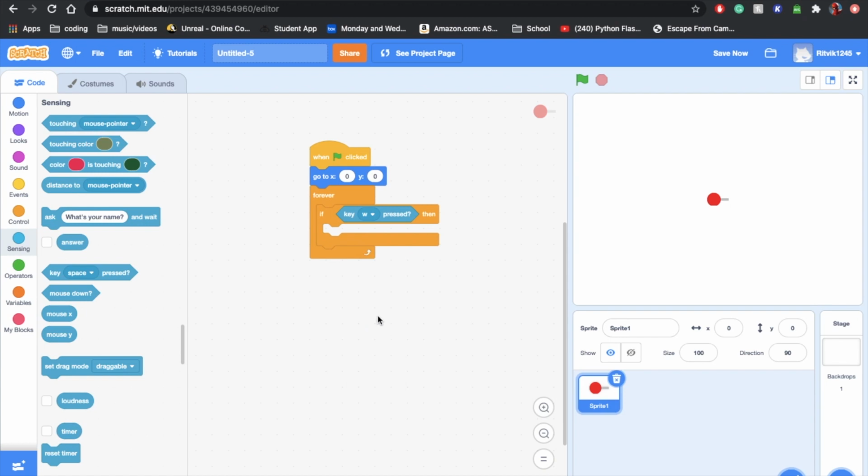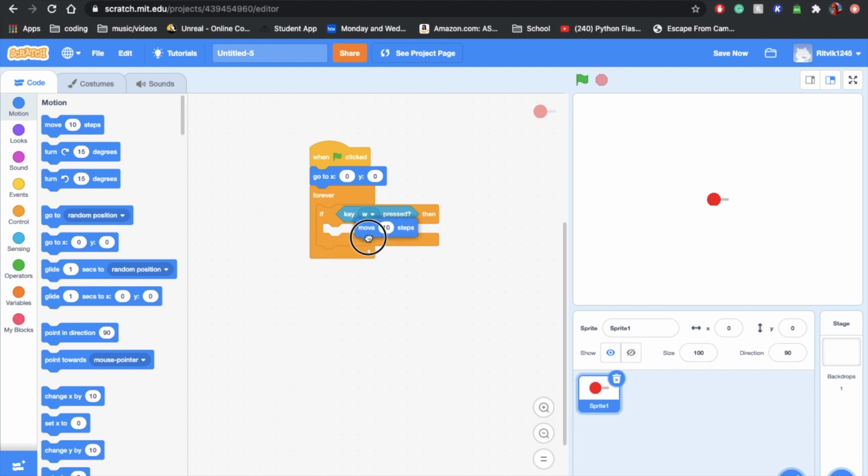Now it's gonna move forward, right? So we can just do, what's it called? Yeah, motion and then move. I forgot what it was called. So move 3 steps. And then when you click the flag, it keeps on running, and when you press forward, it moves forward. But see, when you go to the edge, it just stays there, and you can't move forward right now. So in order to stop that, you can just do